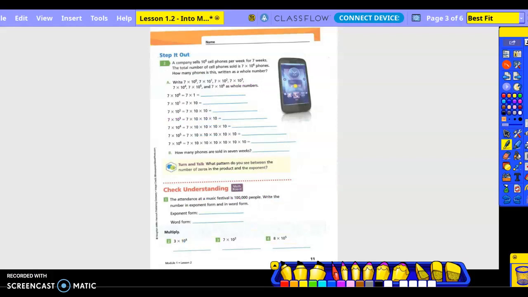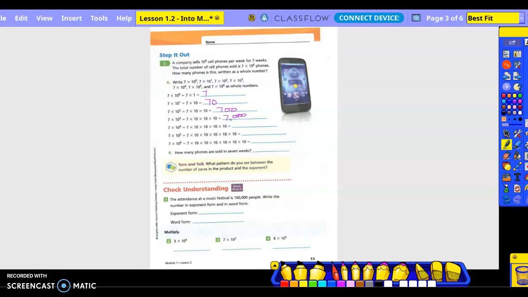Step it out. Number 2, a company sells 10 to the 6th power cell phones per week for 7 weeks. The total number of cell phones sold is 7 times 10 to the 6th power phones. How many phones is this written as a whole number? So 10 to the 0 power is 1, right? So 7 times 1 is 7. Okay. 7 times 10 to the 1st power is 7 times 10, which is 70. 7 times 10 to the 2nd power is 7 times 10 times 10, which is 700. 7 times 10 to the 3rd power is 7 times 10 times 10 times 10, which is